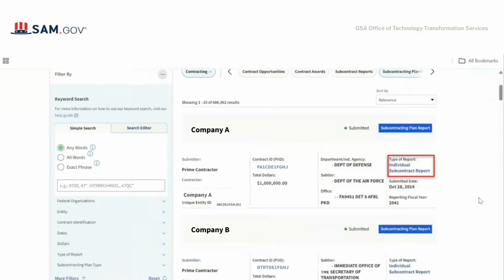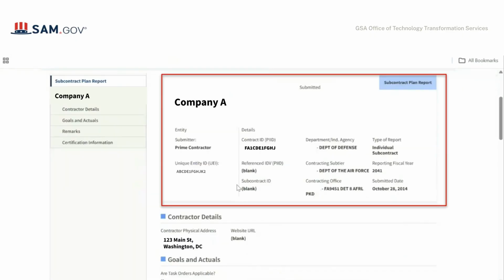So I will begin with an ISR, and we have provided the hyperlink here. So I'm clicking on the individual subcontract report value and the type of report to launch the respective display page. And here is the respective display page. So here is a summary, and the summary section has the legal business name, the status, and of course the label. And the body has the type of submitter, the UEI, and the details of the CAR, the PID, and